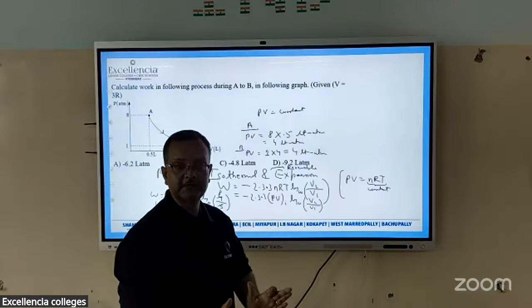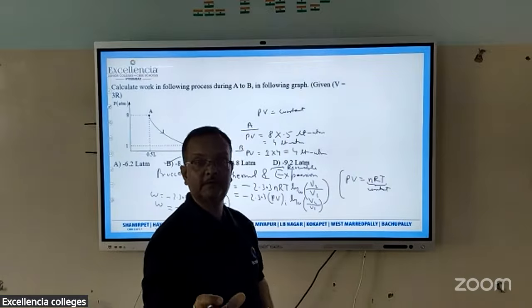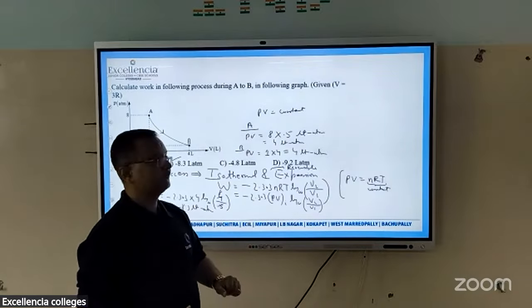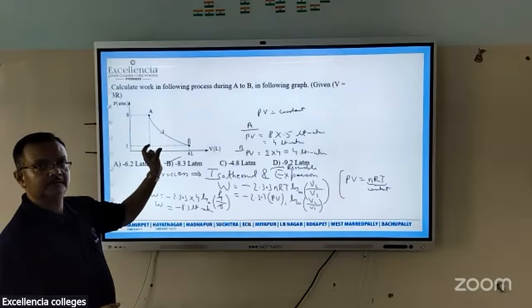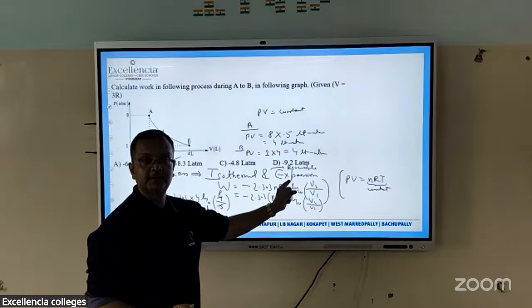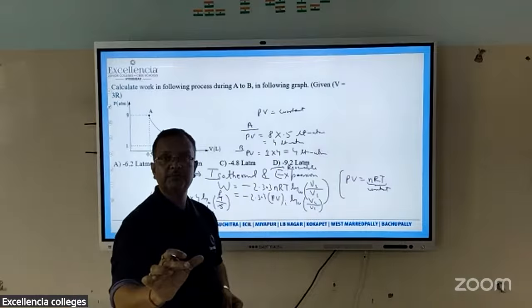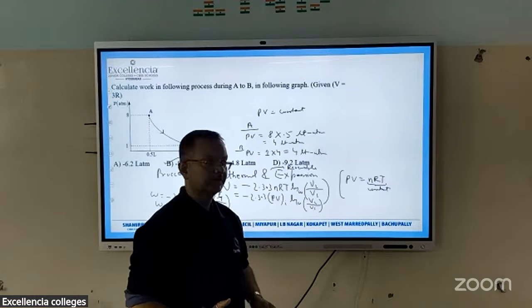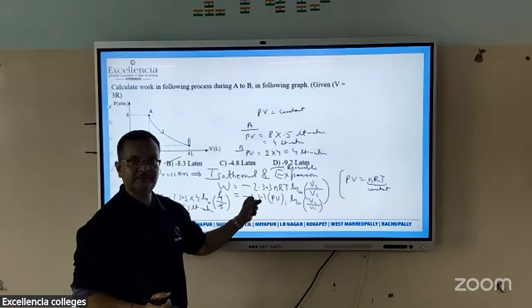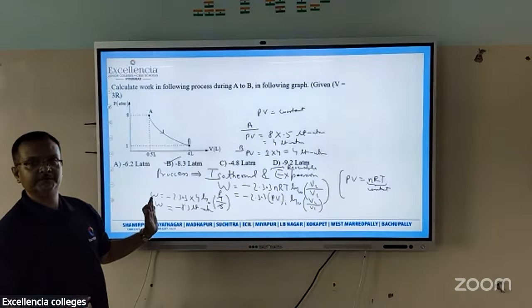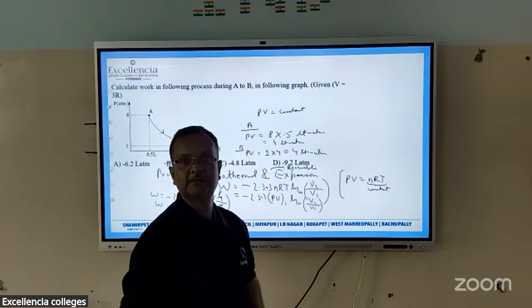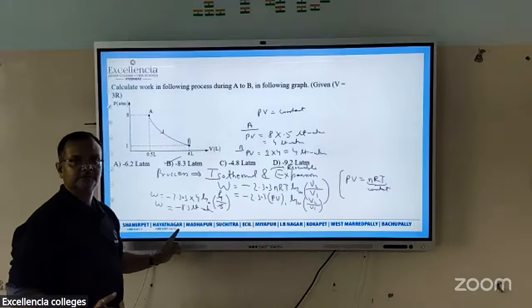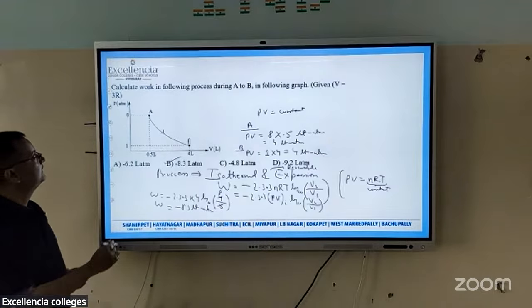So you see, this question was very simple. The point was that you have to catch what process is going on in this question. Because the graph is curved, check whether it's isothermal or not. At every point of the graph PV is constant, so it's isothermal. That's why we go with the expression for isothermal reversible expansion and find this value. So option B is the correct answer for this question. The question was very simple, with a little bit of calculation, so we have to reach the final answer with proper calculation. Easy question. That was good.